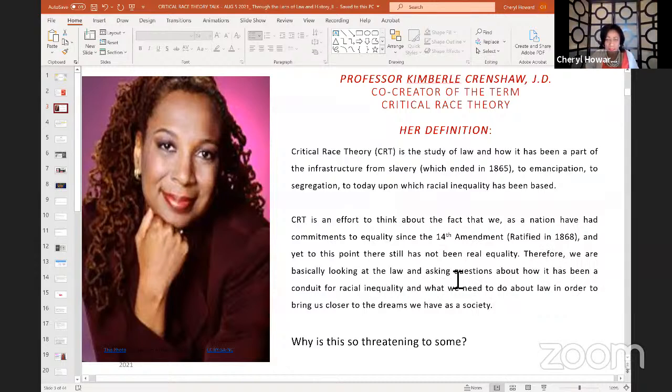Therefore, we're basically looking at the law and asking questions about how the law has been a conduit for racial inequality and what we need to do about law in order to bring us closer to the dreams we have as a society. So as you can see, the purpose of critical race theory is really not as ominous as it would seem. And it is a question that has to be asked, I think, at this point,